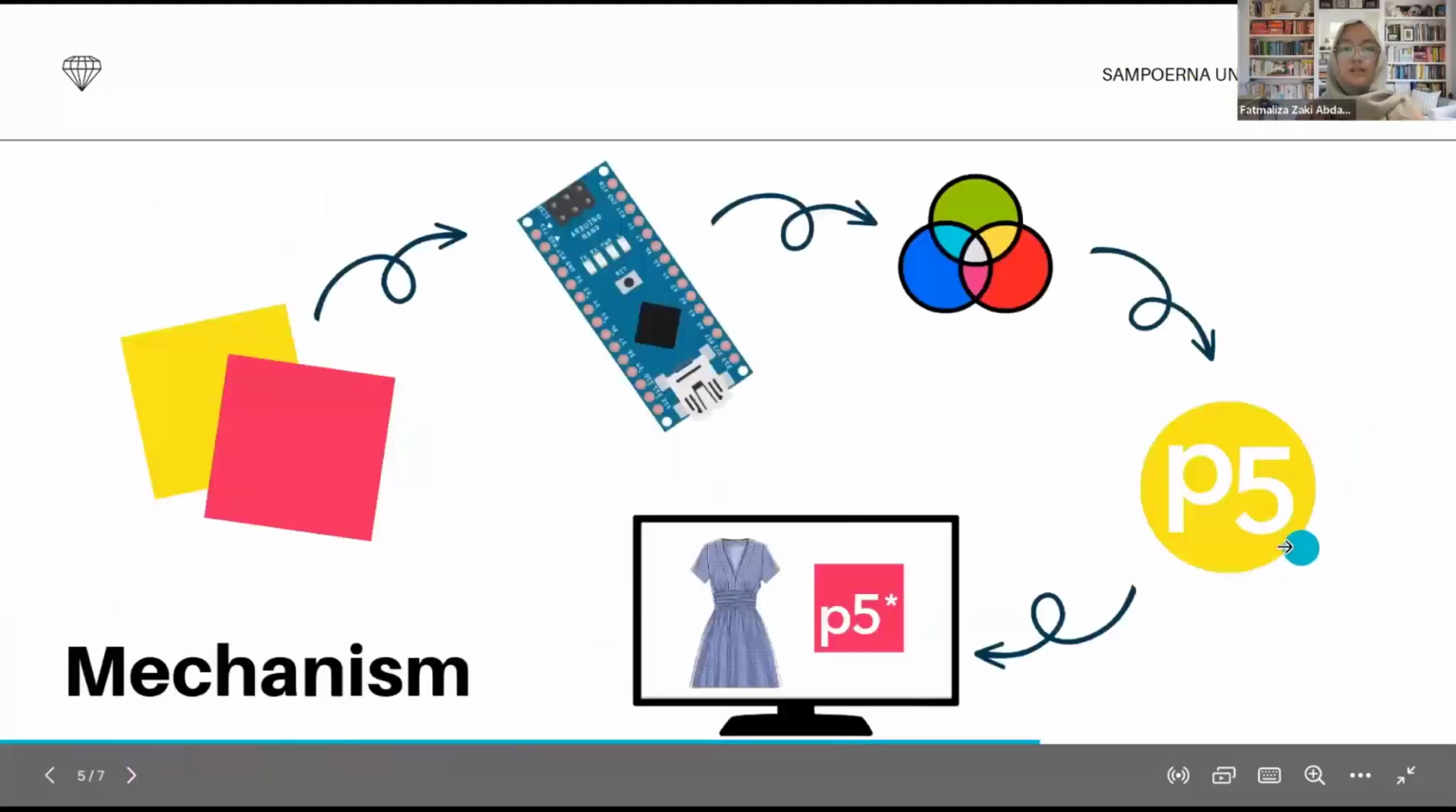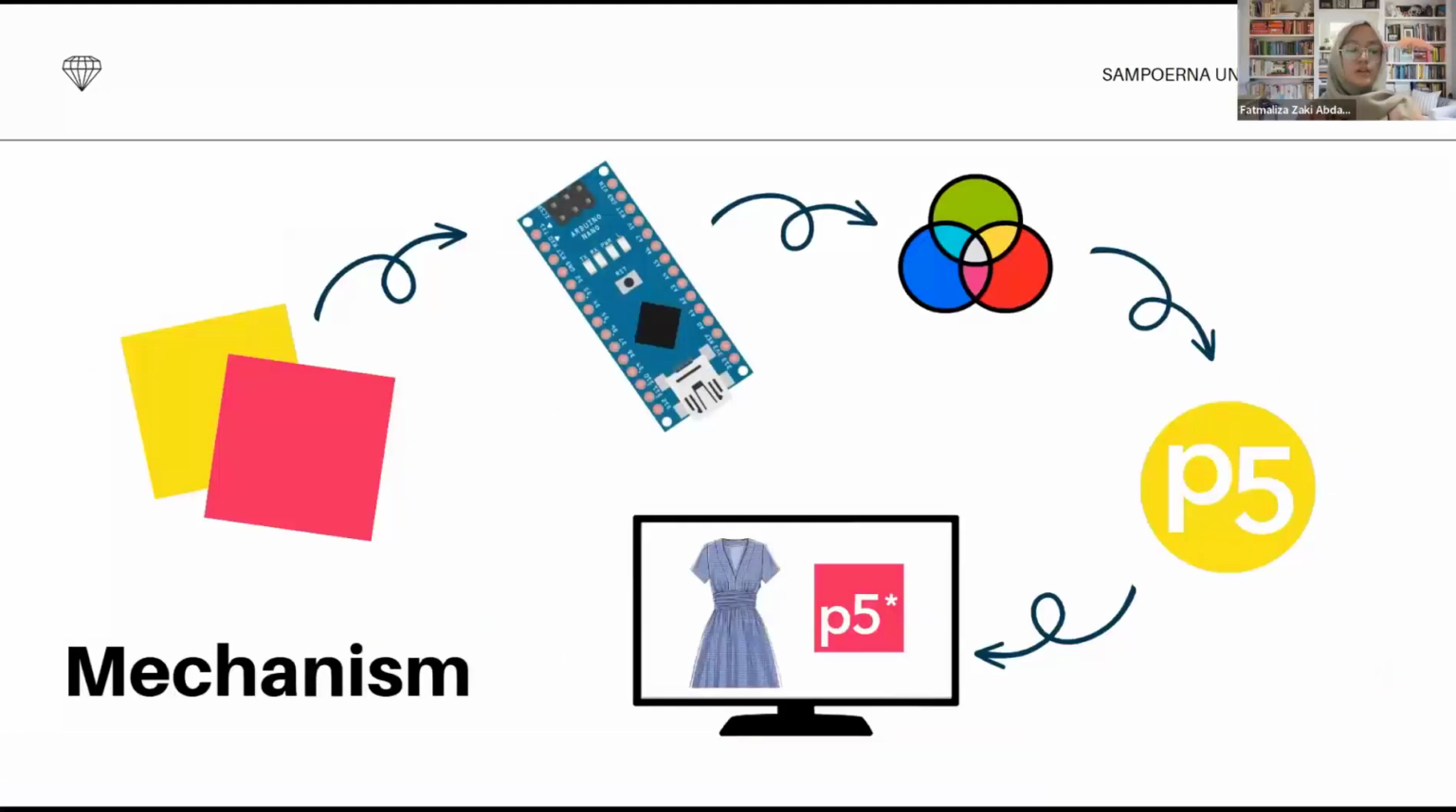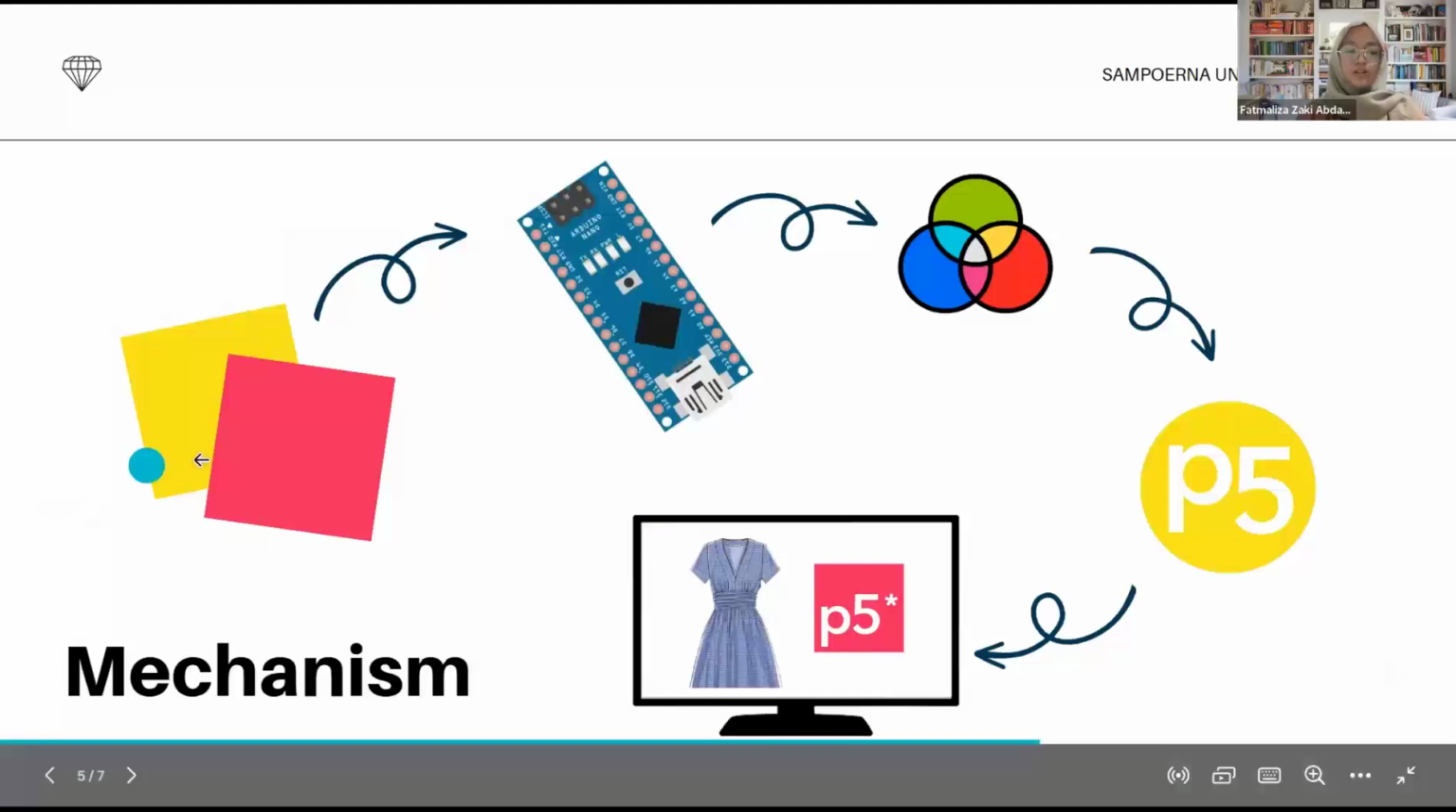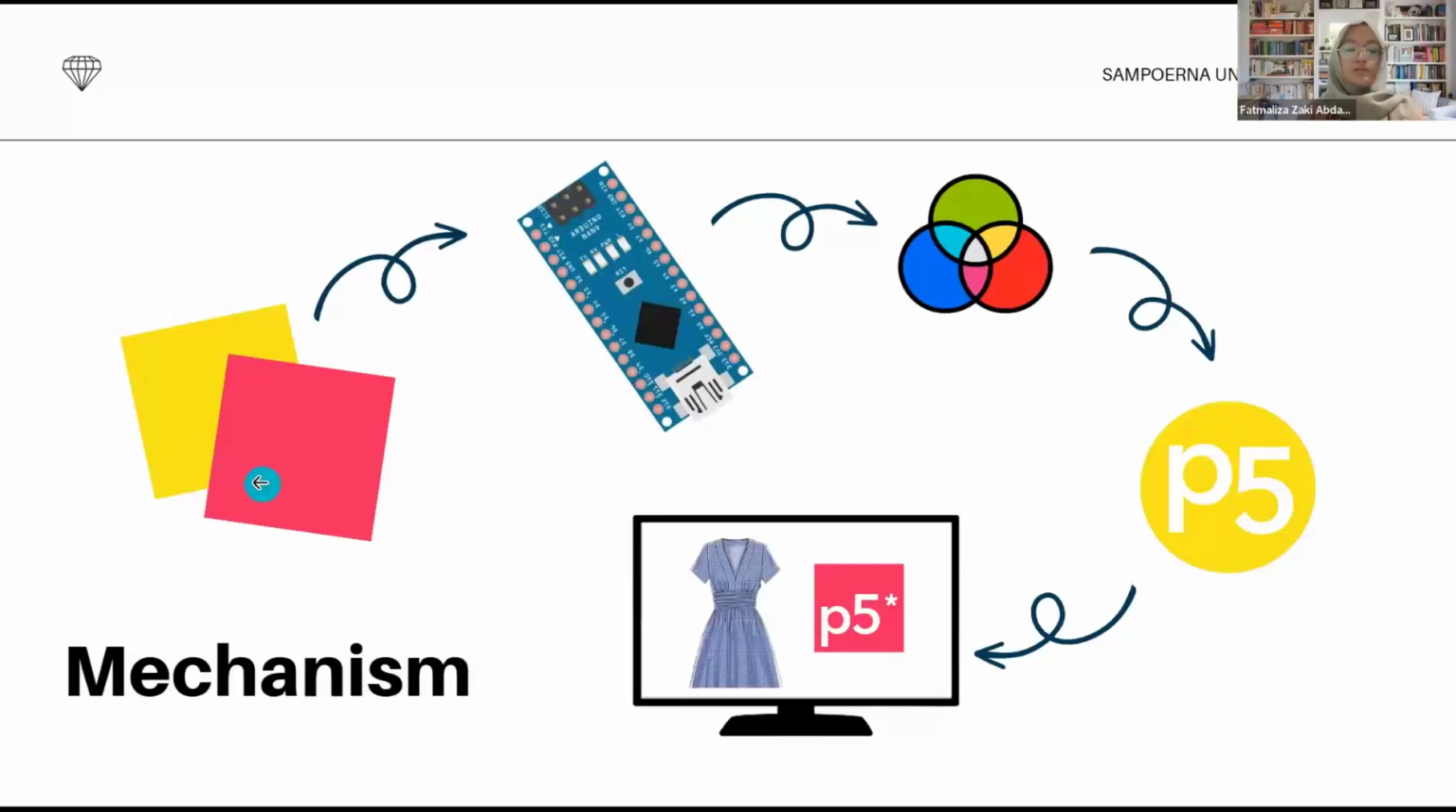After that, I'm going to explain the mechanism of the machine itself. The first one is the color or pattern source. It could be any fabric or a paper, and it is identified by the sensor in the Arduino Nano. Then the Arduino reads the RGB color values from the sensors and sends them to the sketch. But before that, because the RGB value could not